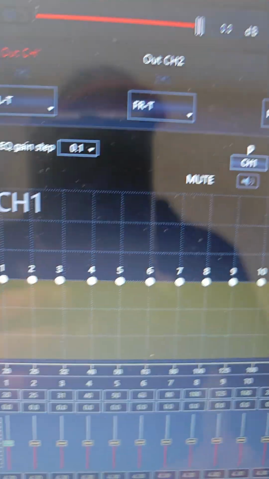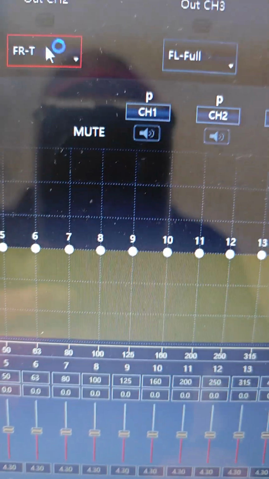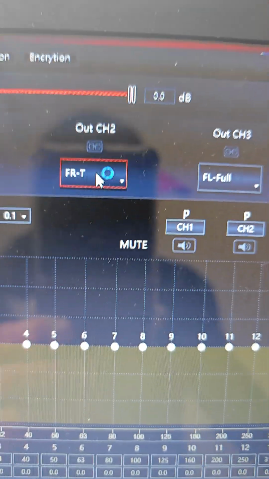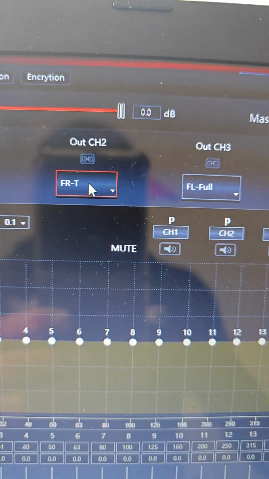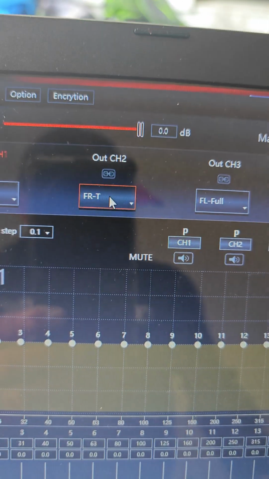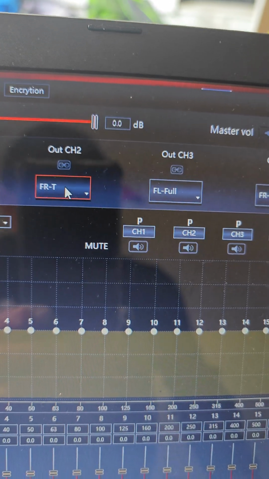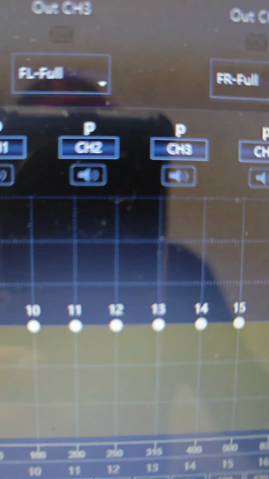Okay, so that would be tweeters. That's called tweeters. The default will be a tweeter on the left side, and then that's basically how you set it up. Now, the most interesting question we're getting is if you choose to use channel